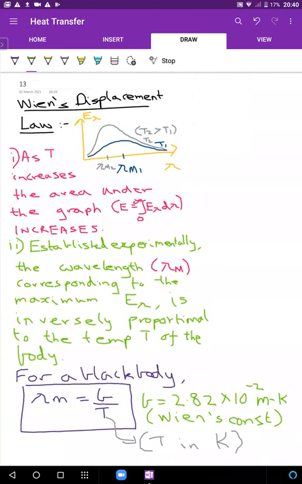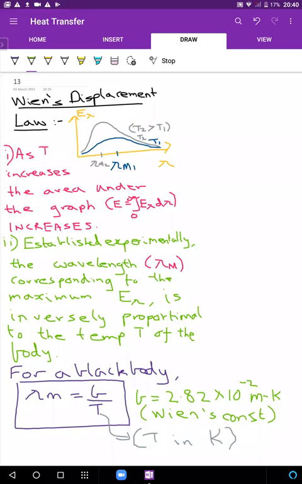I think JEE normally gives these values. JEE will normally give you the value of Wien's constant. So as such, everything will be given. You even find hydrogen's atomic number given on the first page. But if you can memorize it, memorize it. No harm in trying to remember it. 2.82 into 10 to the power minus 2.